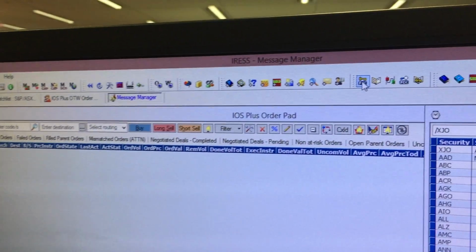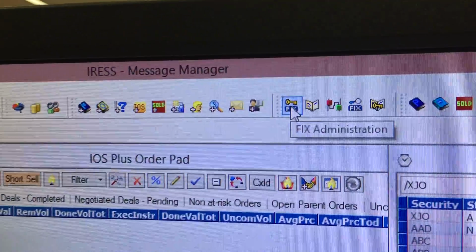Anyway, so Fix administration. This is the test environment now. So this one up here is Fix administration. So if I open that up,